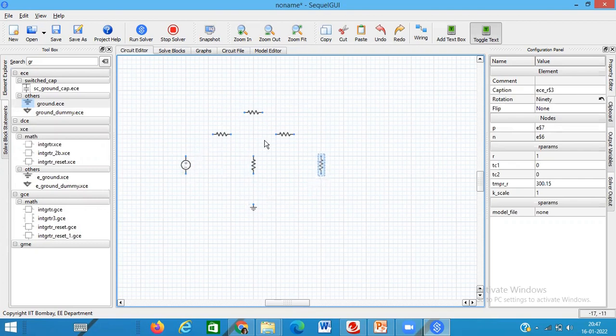Now you will be connecting all these with the help of the wiring tool. Just see here, how do you click it? This line is there, no? You have to click it once, and then you click till this point. So this will make one wiring connection. Similarly, you will be connecting all the points.